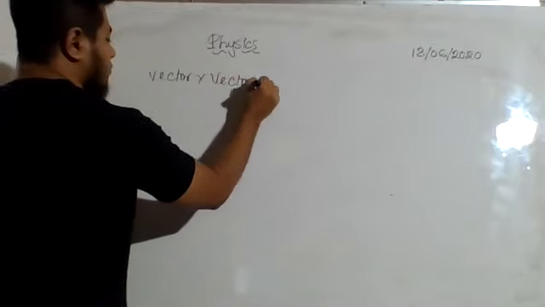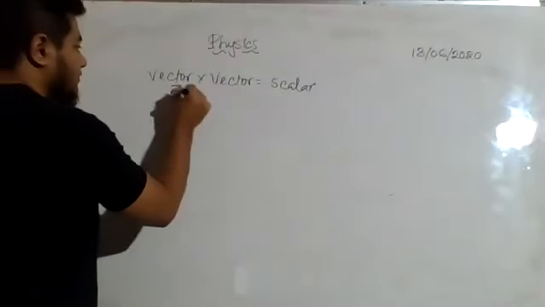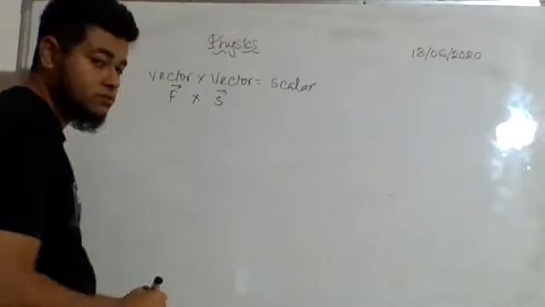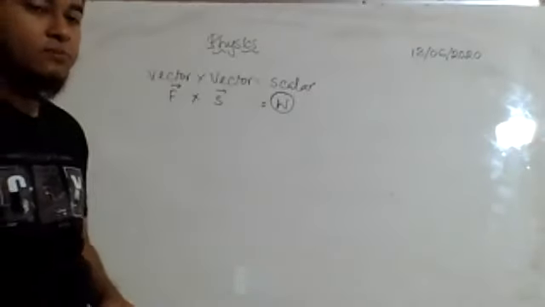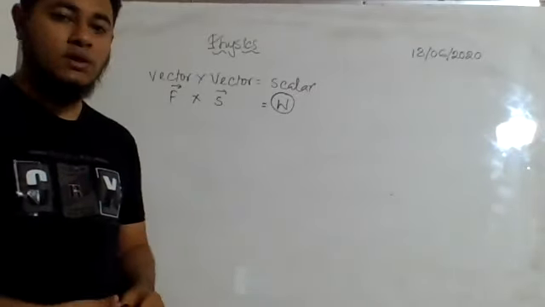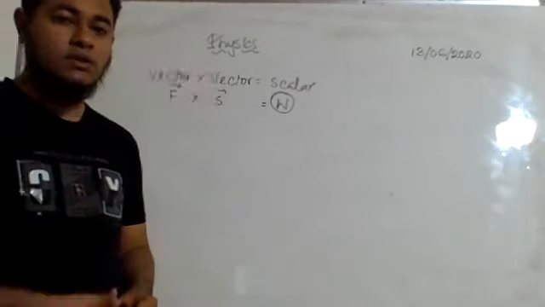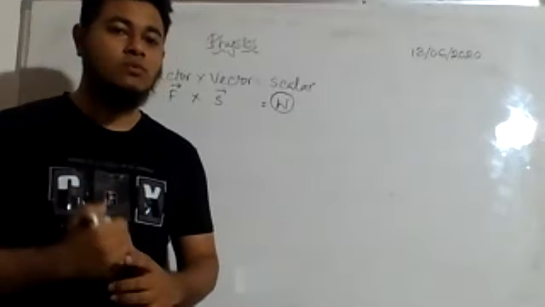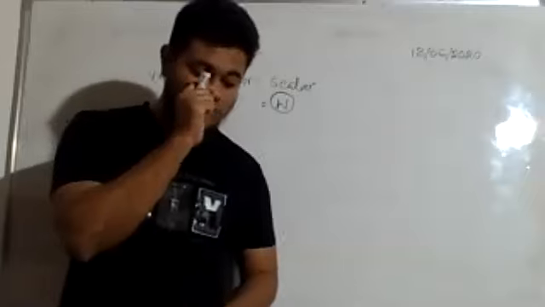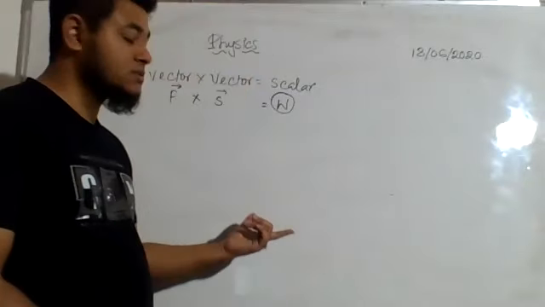See, an example I gave you a little bit ago: if you multiply force, which is a vector quantity, and displacement, which is also a vector quantity, you are going to get work. Now work is a scalar quantity. If I ask you how much work you have done, you will tell me, sir, I have done 20 joules of work. You will never give me any direction. You will not tell me, sir, I did the work in this direction or upward or downward direction. No, nobody gives that. Energy and work are scalar quantities. Only the magnitude is enough. Direction is not taken into consideration.